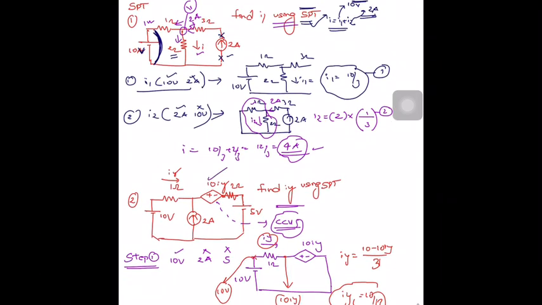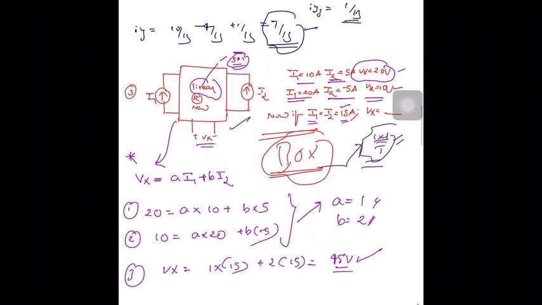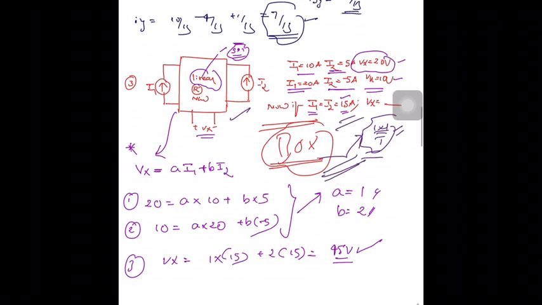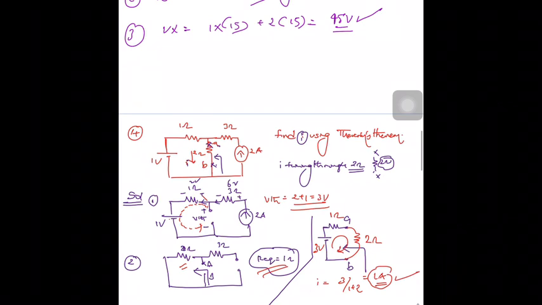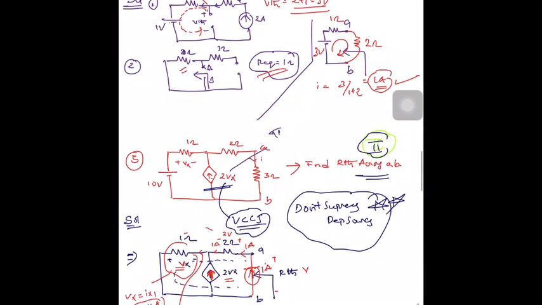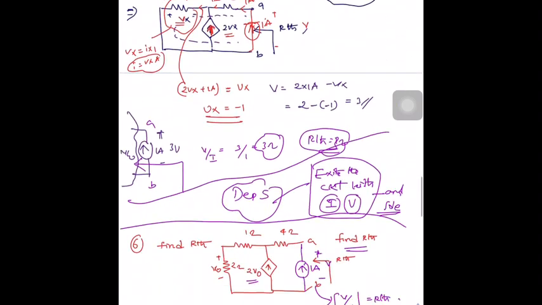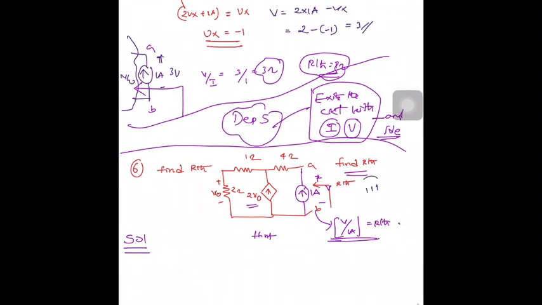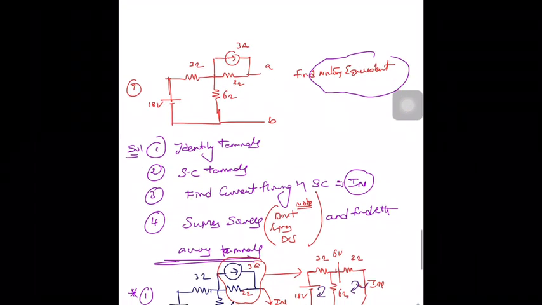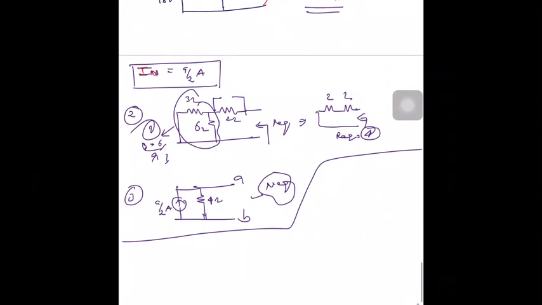SPT one normal problem, and SPT having a dependent source, and SPT having a box model, and more box models I will provide in the WhatsApp or Telegram group for practice problems. And we have seen Thevenin's theorem category 1 having no dependent sources, and Thevenin's theorem category 2 having one active source and dependent sources. It is converted into category 3 after suppressing the voltage source, short circuiting to calculate RTH, and Thevenin's theorem having category 3. Here no active sources, only dependent sources, right? And one example for Norton's theorem, right?